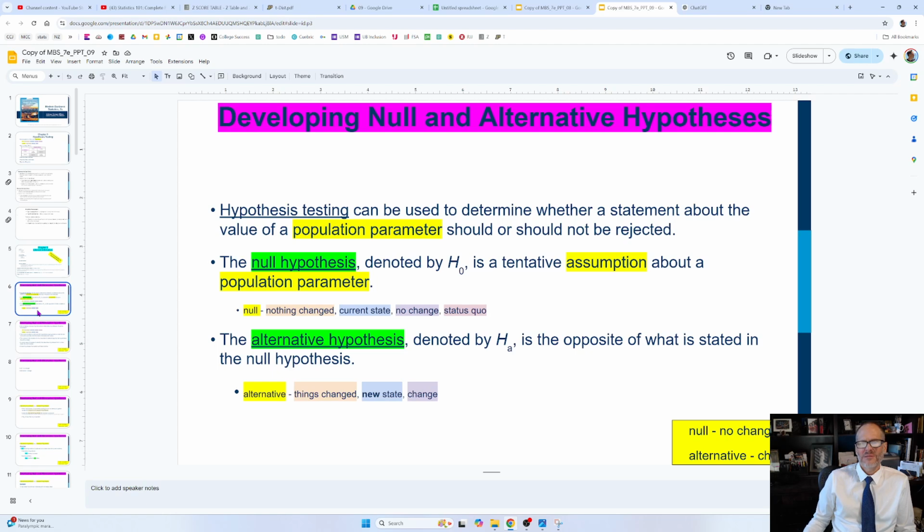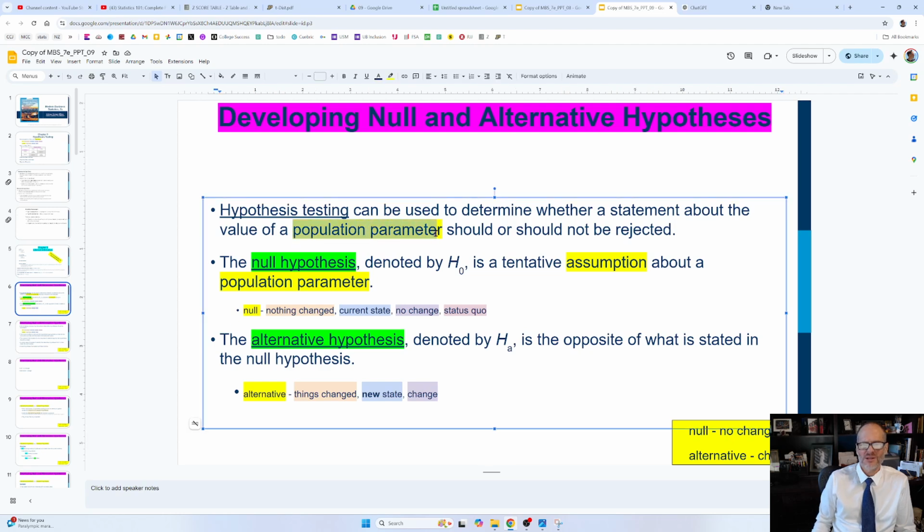Hypothesis testing can be used to determine whether a statement about the value of a population parameter, the mean, the standard deviation, the proportion, should or should not be rejected. So we have a hypothesis, and you'd say things like,